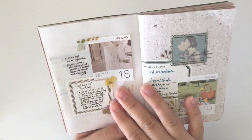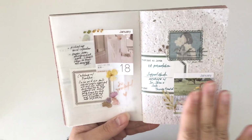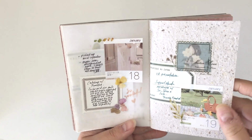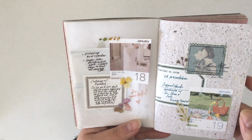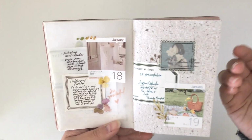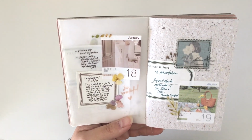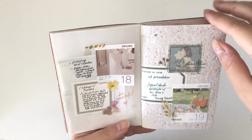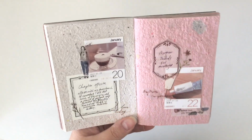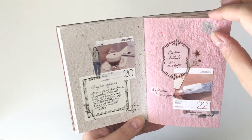As you can see, there are more and more elements being put onto my passport journal, which I actually quite like. After looking mainly at the end bits of my passport, when I looked over the beginning, I was like, whoa, those were pretty simple spreads. So it's interesting to see how different you are becoming. Even this is still quite simple. There's a lot of empty space,